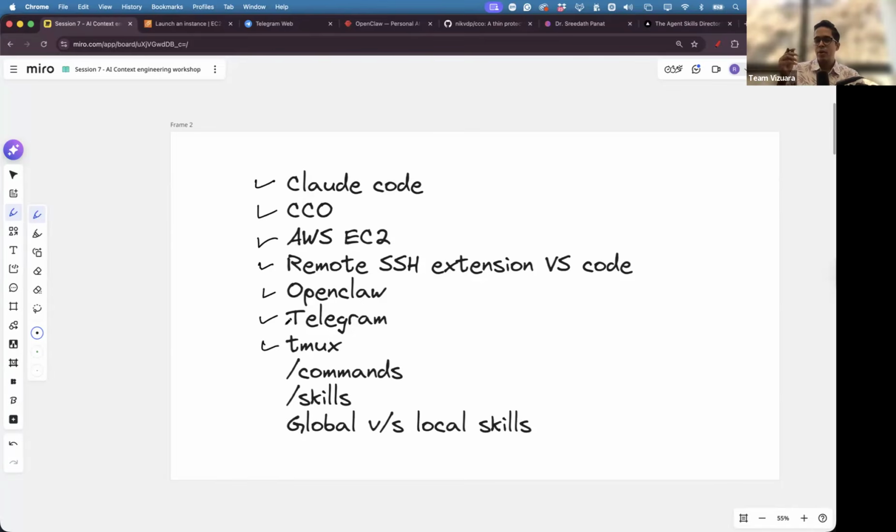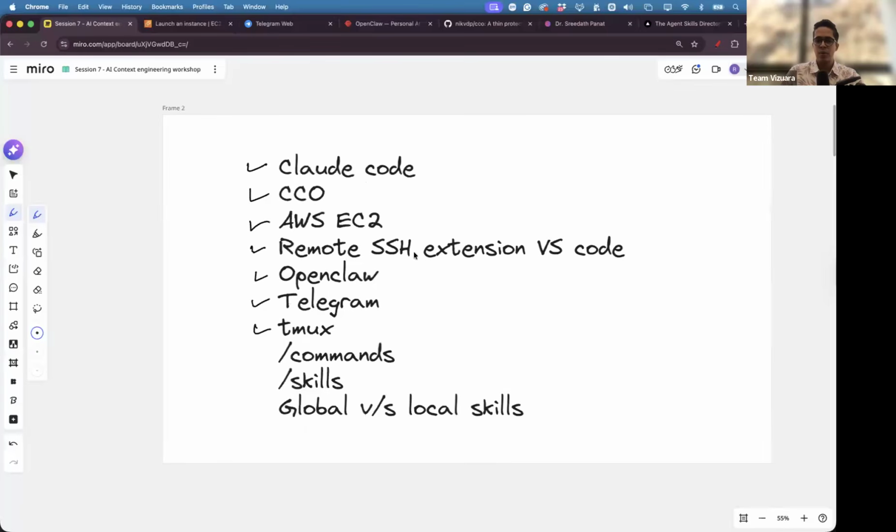We'll discuss a little bit about tmux, the terminal multiplexer. Basically, from the same terminal, you can open multiple terminal sessions. This will also help you conduct some parallel workflows if your computer has decent RAM and decent computing. And then we'll talk a bit about